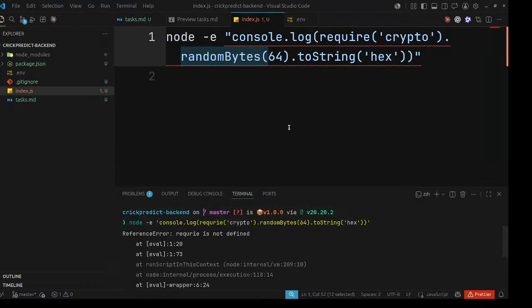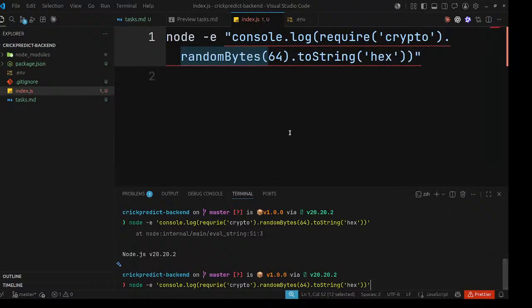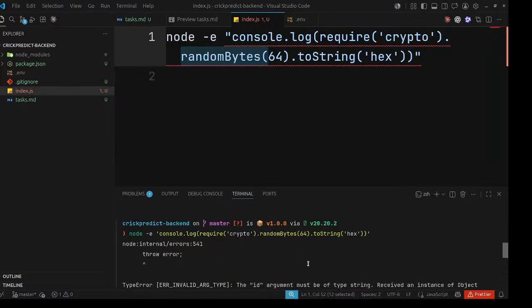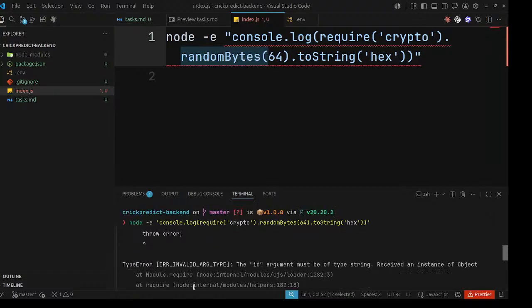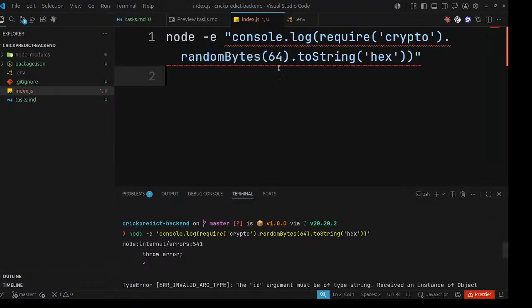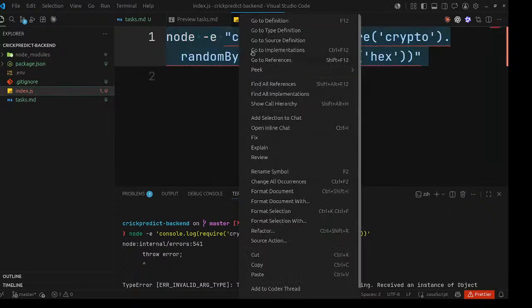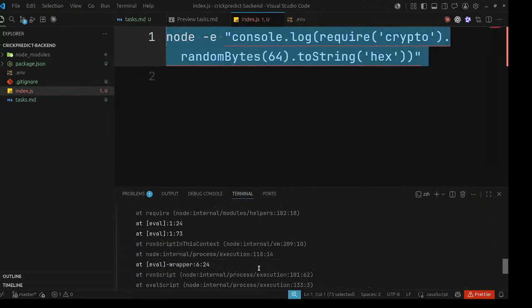Okay, require is not defined. Still an issue. I don't know what is coming up. I should copy.